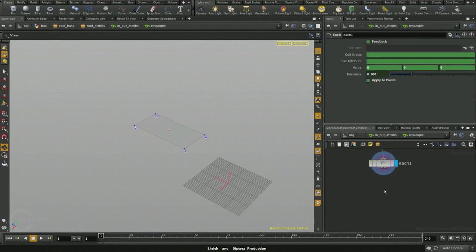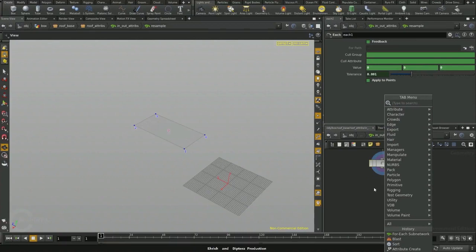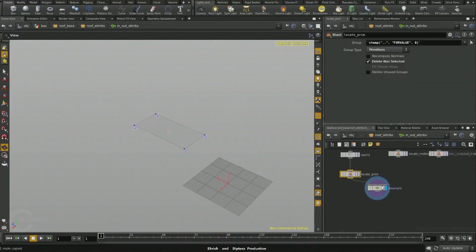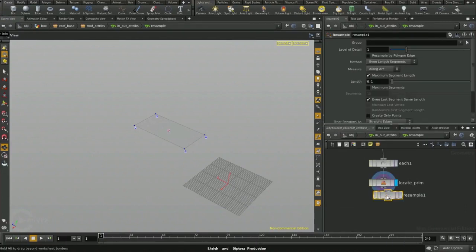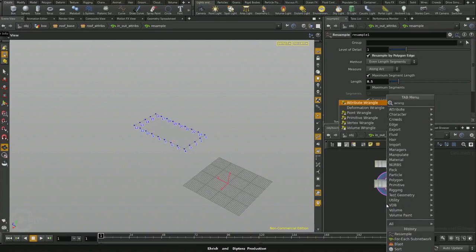Let's dive into it, and we want to locate this again. So let's just copy locate prim from here, and we will say that it is the same, but the stamp is called resample. So let's bring the resample node. We'll do a length of 0.5. Yes, we want to resample the polygon edge. And the next thing we want to bring in is another wrangle node,